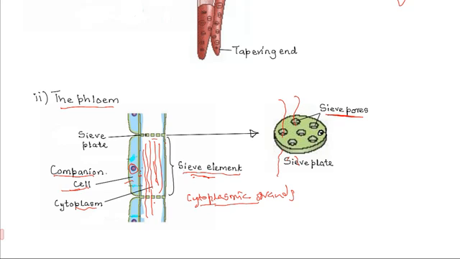So basically, the companion cell controls the translocation function of the sieve element, and it also provides energy that is used in translocation, because translocation is an energy consuming process. The sieve element does not have enough mitochondria on its own, since it is mainly filled with cytoplasmic strands. So it relies on the companion cell to provide it with energy for the process of